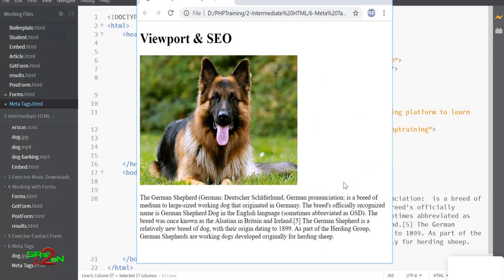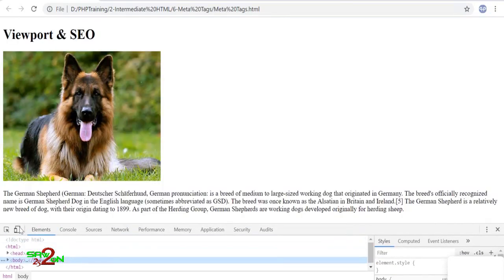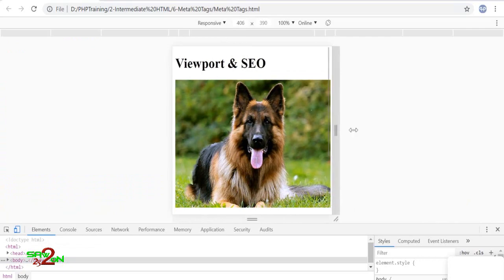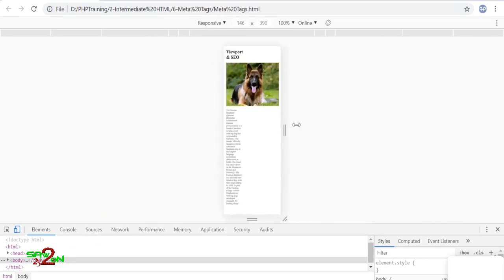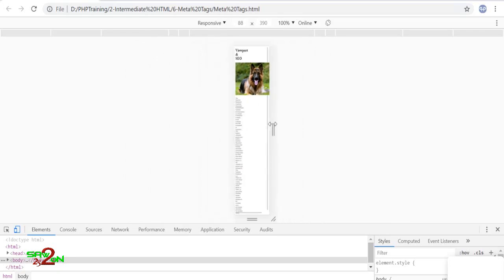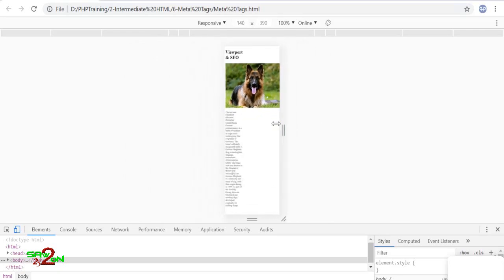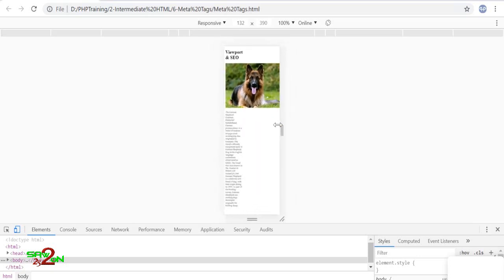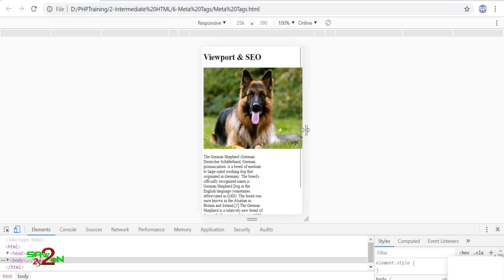Let's do an inspect. You click on this button, toggle device toolbar, and then you get this responsive mode. If you see the way it is sizing, the image is resizing to whatever size I set for that page. It is resizing because I said please resize to the device width.